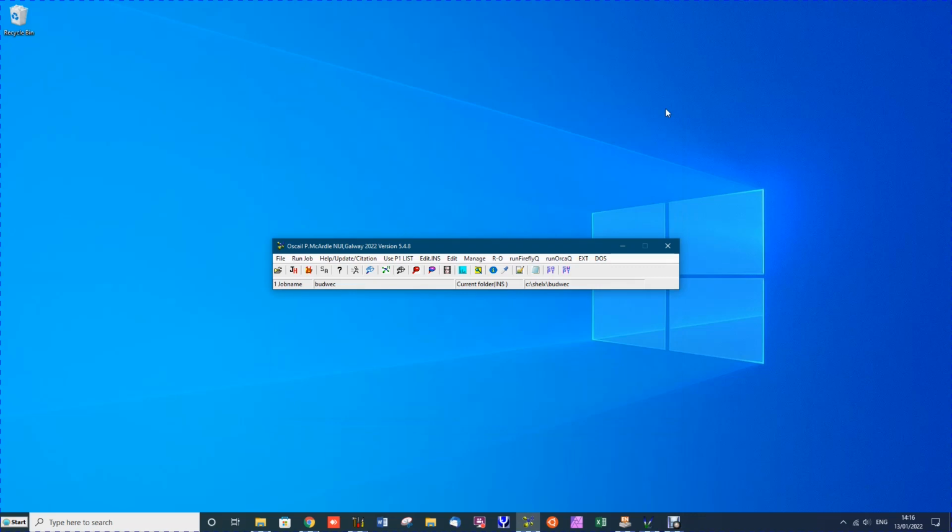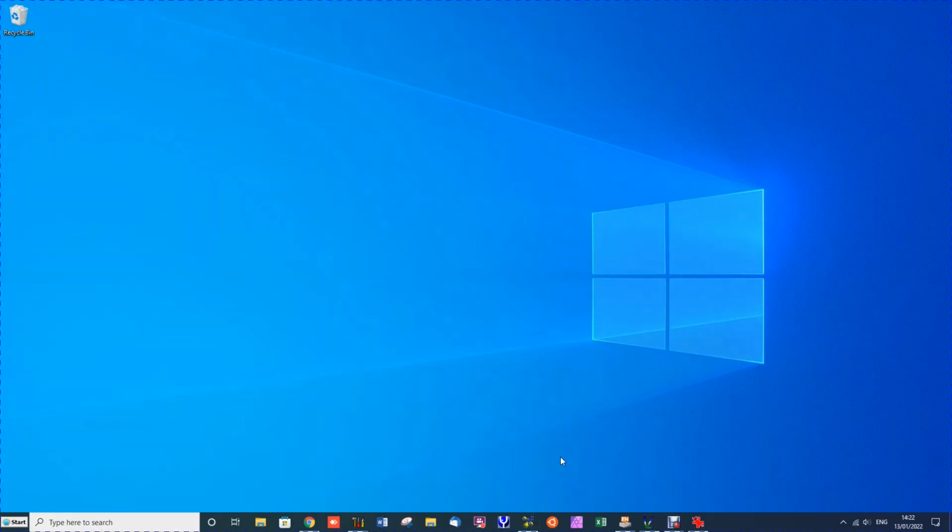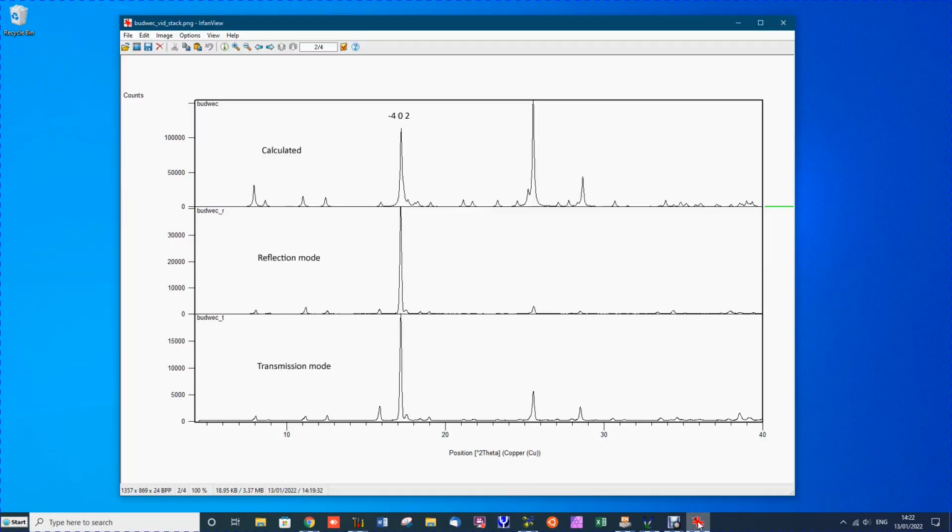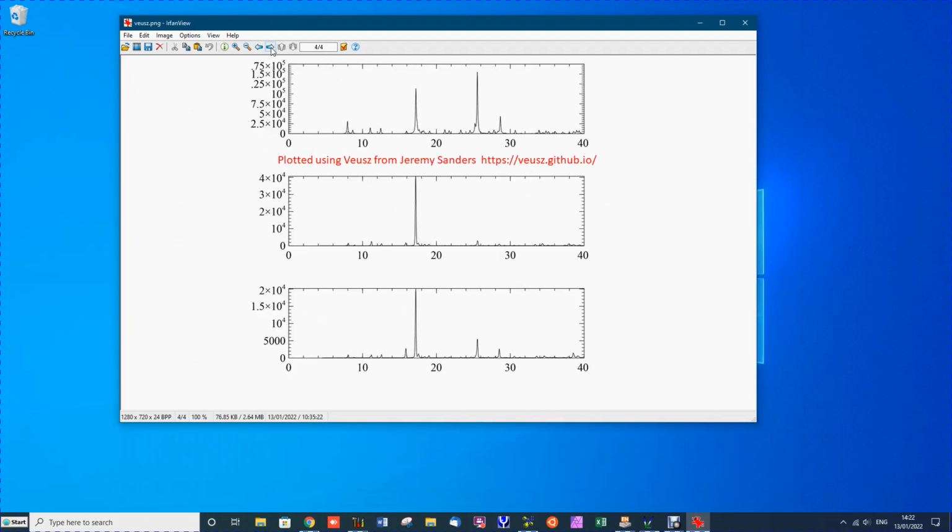Now we can examine this, and we can go further in a minute, but we can stack the results if you have software that can stack XY patterns. If you don't have the expensive Expert Pro package or something similar, you can use this free